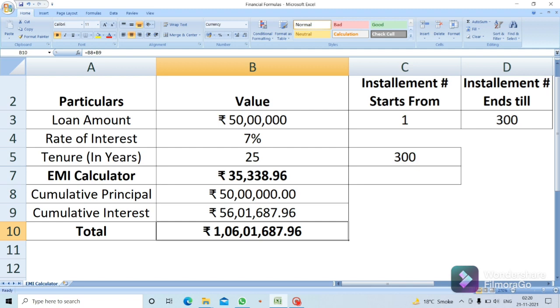This was my last episode on EMI, and in my next videos I will be sharing some functions to calculate savings and investment. For example, if I save 5,000 rupees or maybe 10,000 rupees per month, and I expect the market to grow at a rate of maybe 8% or 10% or maybe 20%, then after how many years, maybe 10, 20, 25, 30 years, how much amount can I generate. This kind of function we will be learning in the next videos.